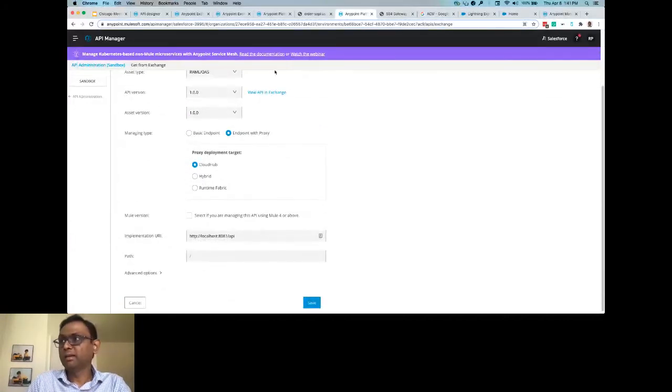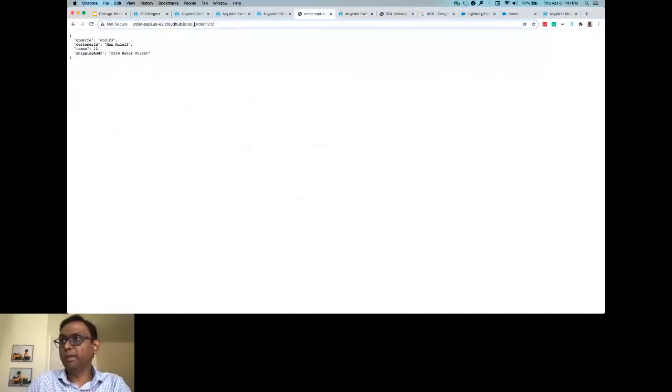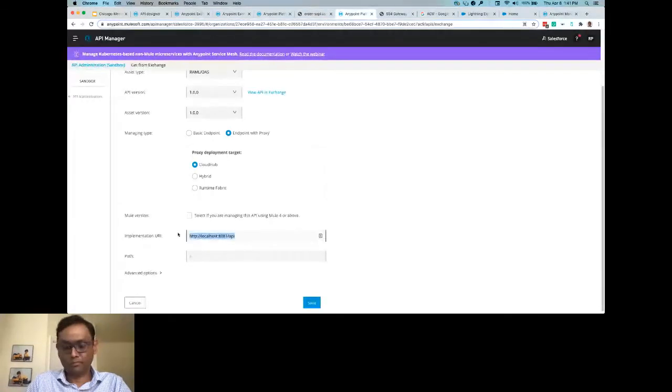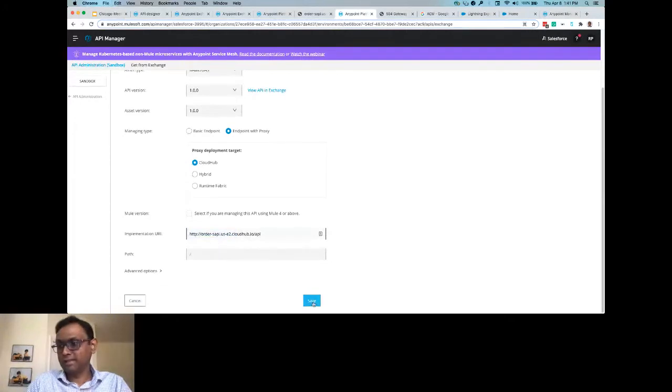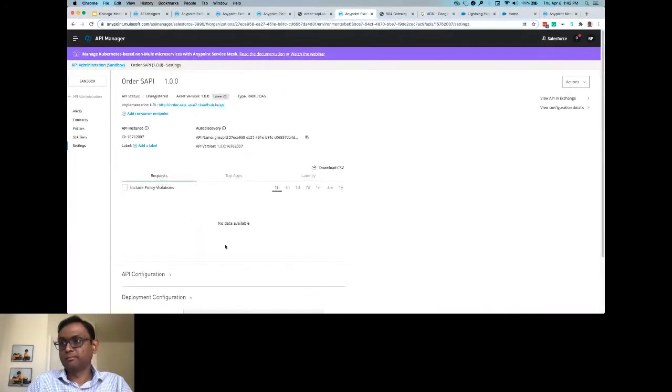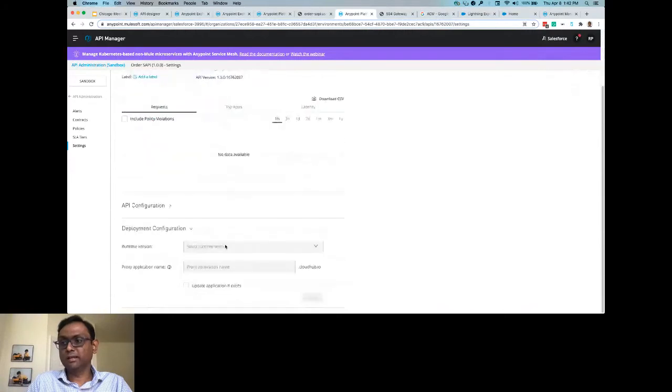and your base URL would be the implementation. It's running on the CloudHub. Click on the save button. And as soon as you click on the save button, go to this deployment configuration where you want to actually select what kind of proxy you want to deploy and what name you would like to, and click on the